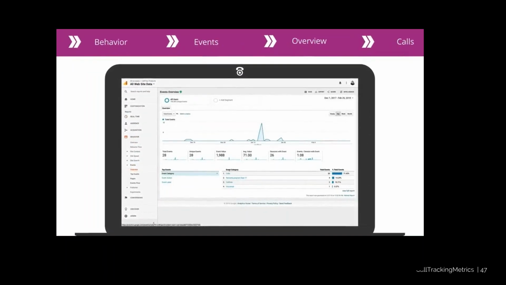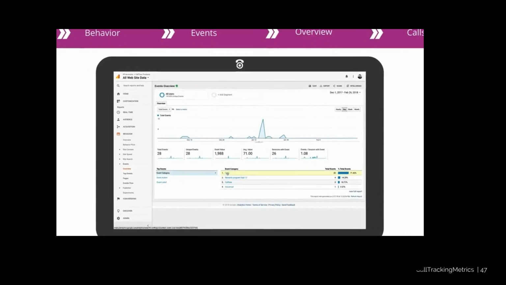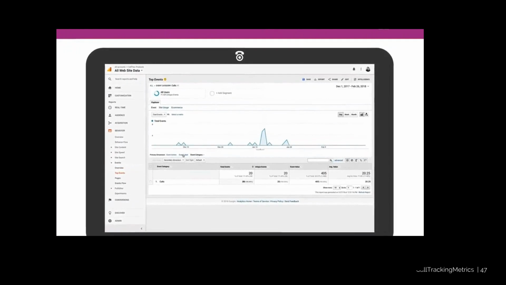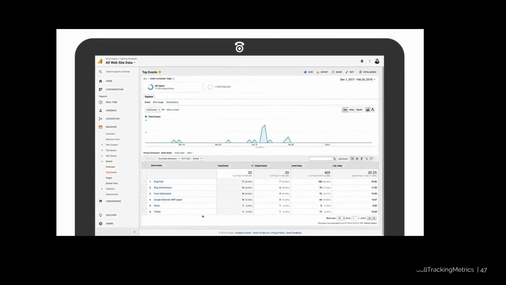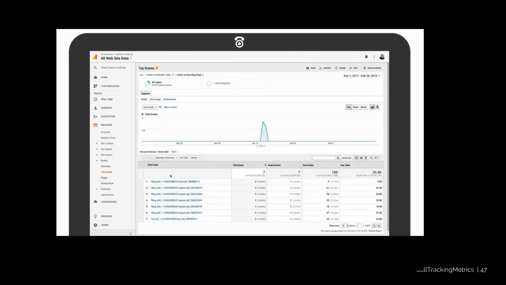Hopefully these terms are starting to look familiar. Category, action, and label. If you click into the calls category, it will display the total number of reported calls. From here, you can select the action. The action will display your calls broken out by tracking source. If you click into one of the event actions, it will bring you to the label view for just that tracking source. The label will display the 4 components of the event label.